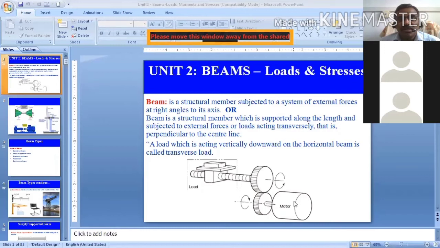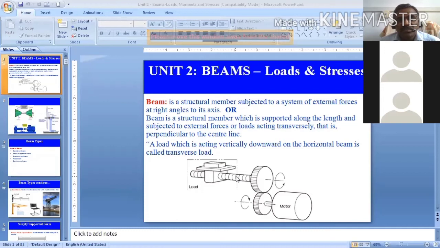When the motor is rotated, this gear will rotate and this gear will rotate. Since this is a bolt and nut mechanism, when this bolt is rotating, this nut will be reciprocating, and the table will be reciprocating. The objective of this mechanism is to convert the rotary motion into reciprocatory motion. So the rotary motion of the motor is transmitted to gears, and then using the bolt and nut mechanism, it is reciprocating.